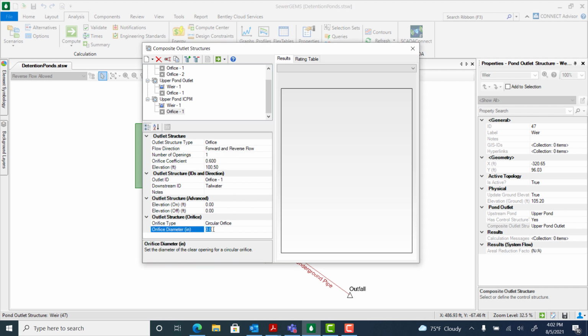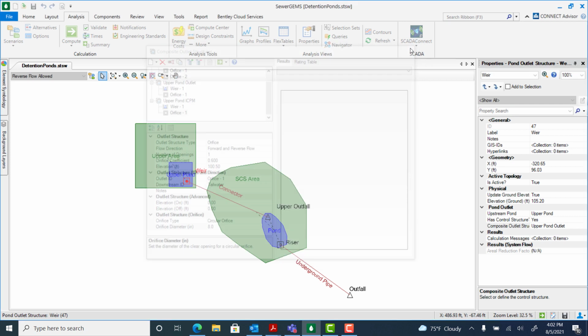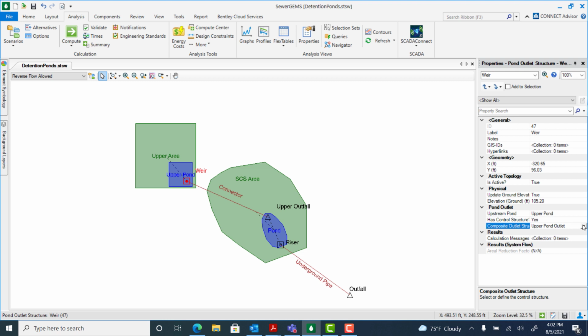And we want to make sure that the orifice diameter is still set to 8 inches. So you can close this when you're done, and we want to select Upper Pond ICPM as the composite outlet structure. Now we're ready to compute the reverse flow allowed scenario. So select Analysis, Compute,